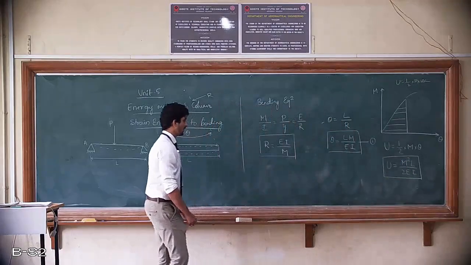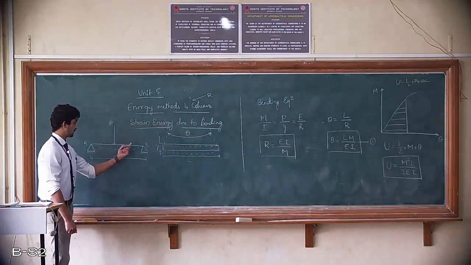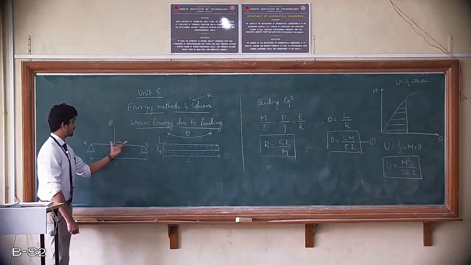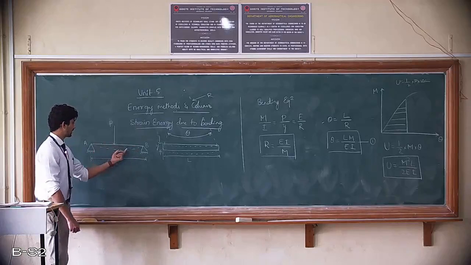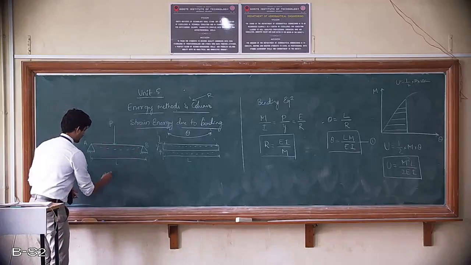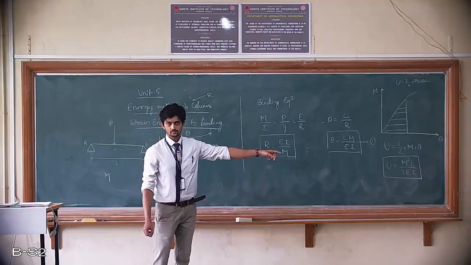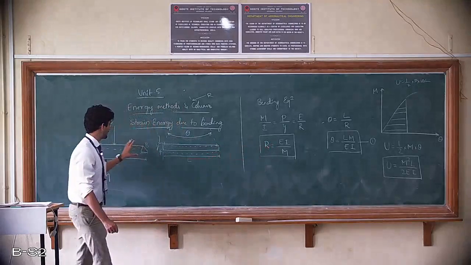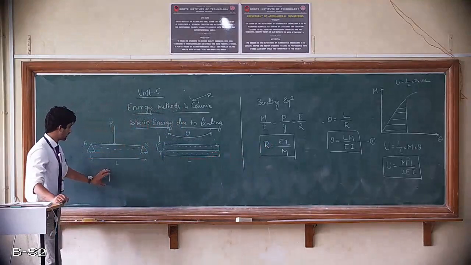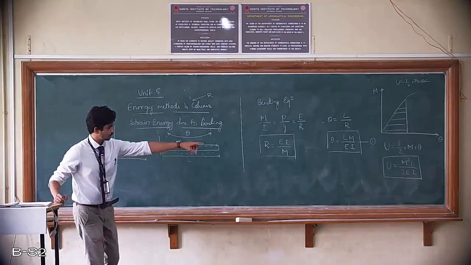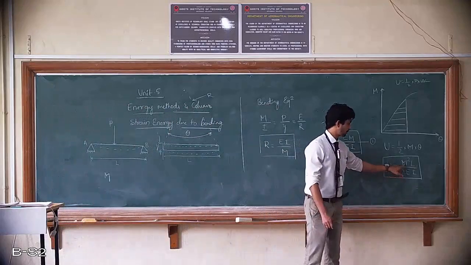Now, why have we considered moment? Because if the load is different or the load application location is different, then relatively the moment will be different. Using the bending moment diagram, we can deduce for a given beam what the maximum moment is, and substitute it back into that equation and resolve. How do we find the moment for a given beam? We have studied the shear force diagram and bending moment diagram. We can deduce that moment from the bending moment diagram and substitute into that equation to find strain energy, if it is not given in a problem.